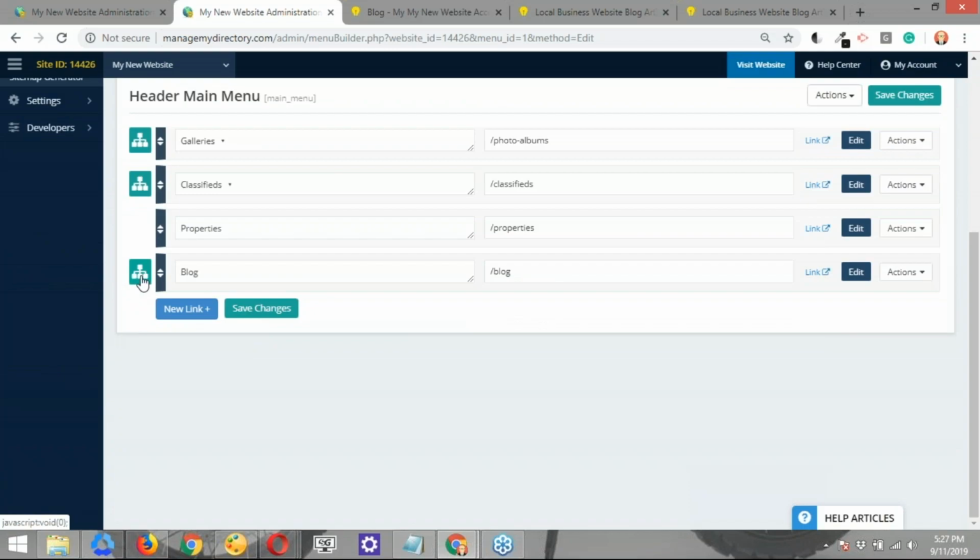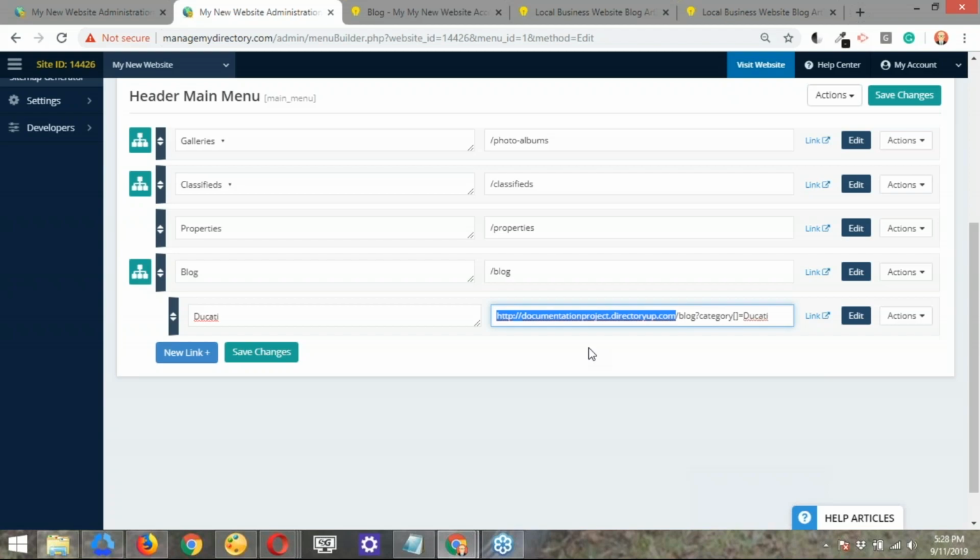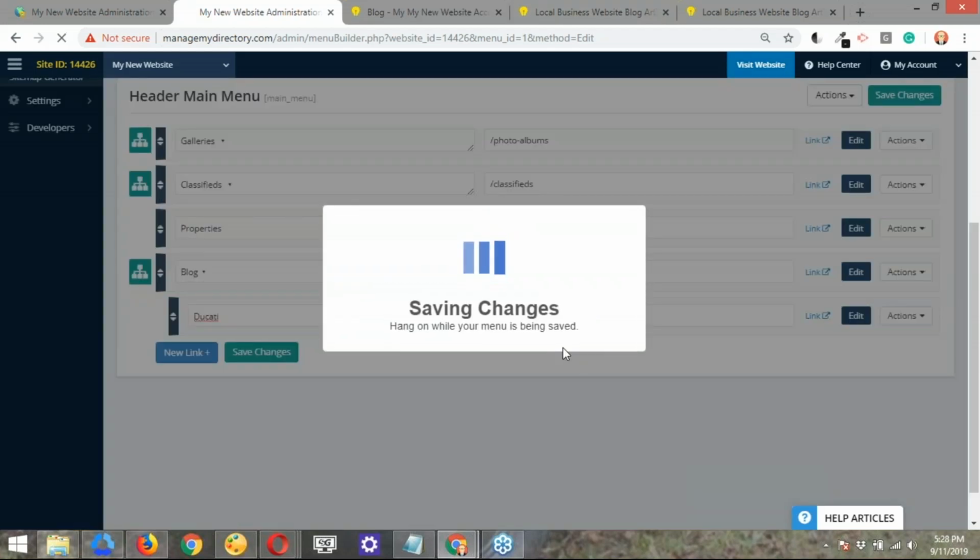All right. So now we have the option here to update this to just the brands. So this is going to be Ducati, right? Ducati. And then this one is going to be the link. It could be a direct link. That's okay. Personally, I recommend removing the full URL. You just need the first / and then everything that comes after it. In the event you update your domain name, you won't have to come back and change those hard linked full URLs. All you need is everything after the first /. It keeps things nice and tidy there. And let's save those changes.